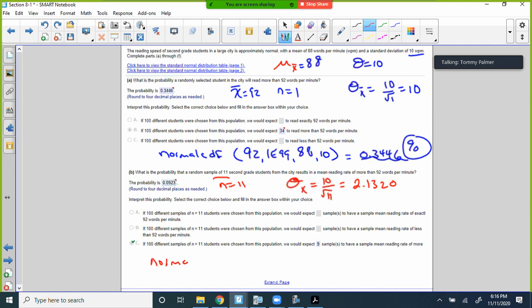So a normal cumulative distribution function. So 92, comma, 1E99, comma, 88, and then look at this. 2.1320, that's the new standard deviation of the sample mean, right? That's going to give us, guess what? 0.09,